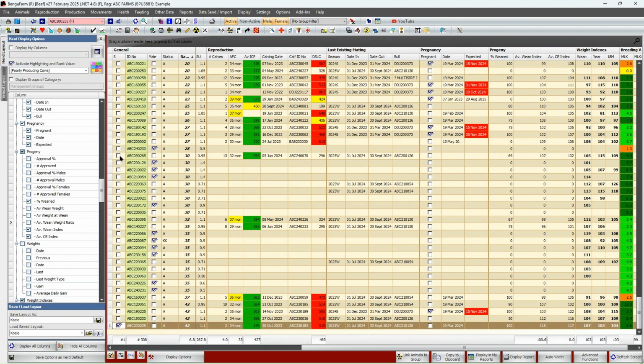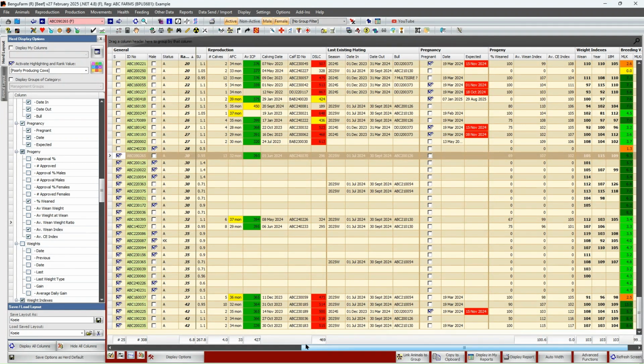Now you can select these animals and maybe add them to groups, or on your farm make some decisions about them. You're going to sell them, you're going to use them for breeding, or whatever your decision is. So you should have seen now that your herd highlighting not only helps you to highlight good and bad values in your herd layout, it also gives you the possibility to create a rank value and order your animals according to that rank, making selection decisions easier.